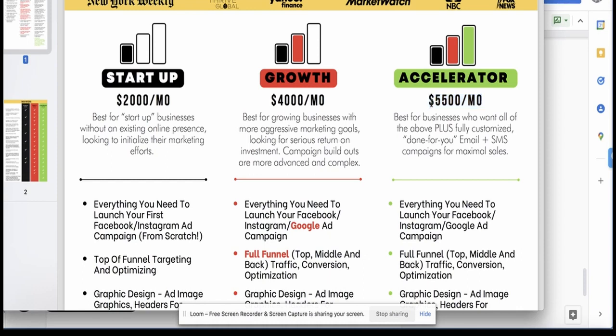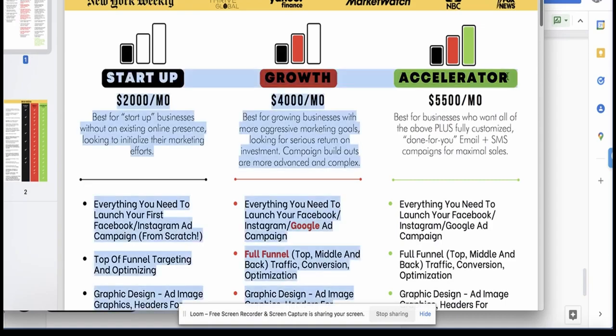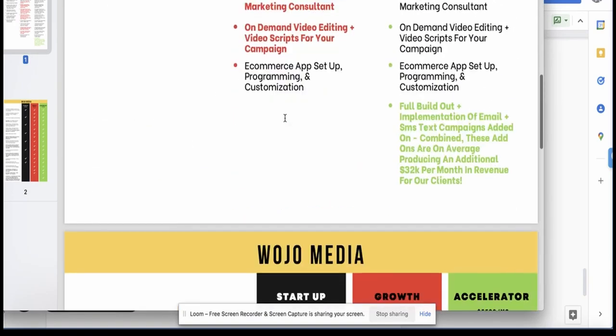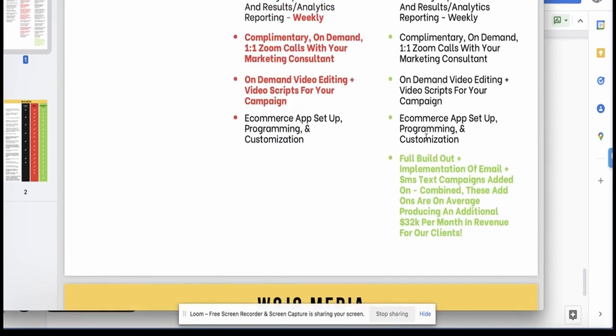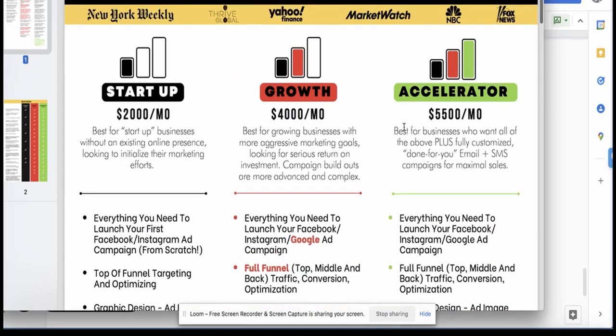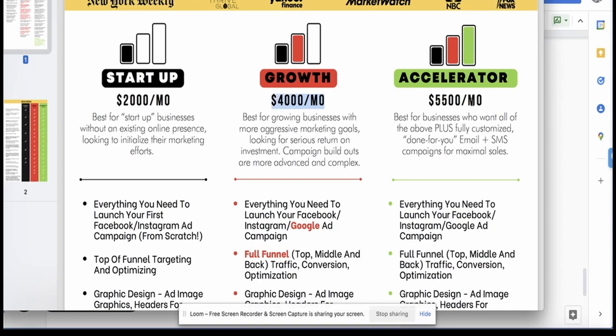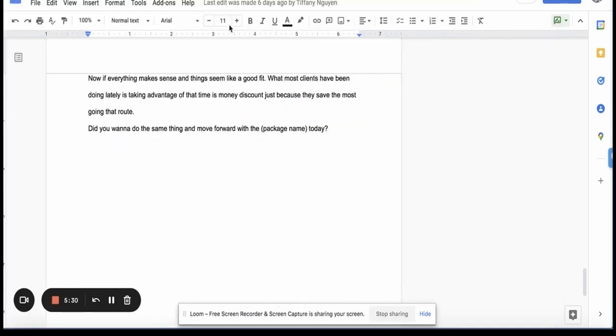So you're giving them that fast action, because technically what you can do is the play of, hey, listen, our growth package and accelerator, your growth package doesn't include email and SMS. And if you do upgrade right now and take the fast action discount, you'll get email and SMS for the same original price that growth is, because it's $5,500. Your fast action discount brings it down to $4K, which is technically what the original price of growth is. So that's really where you would then position that offer.